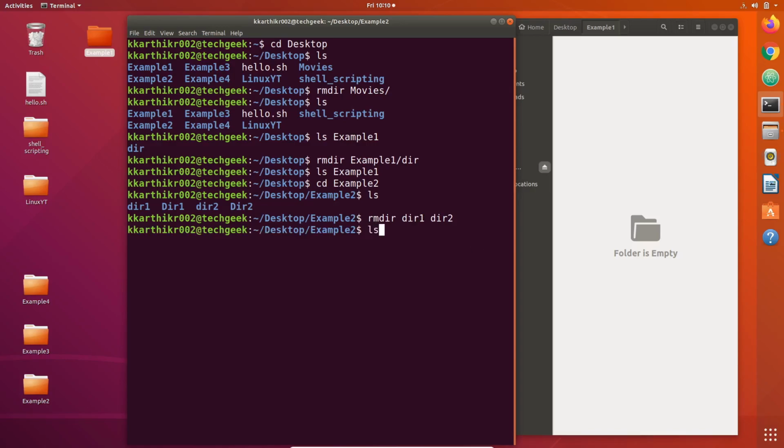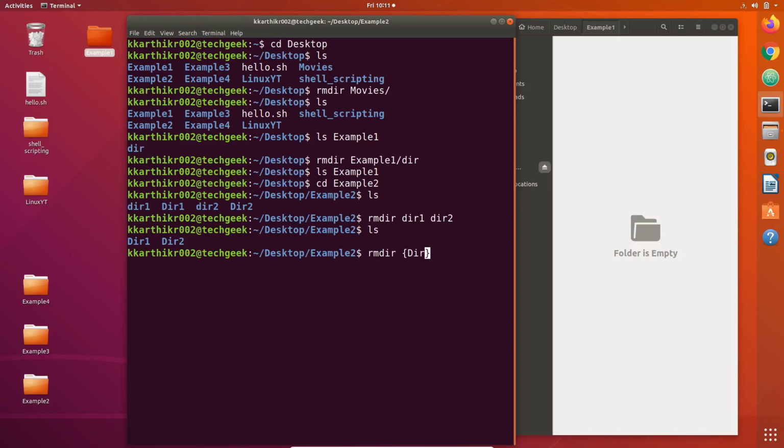Let us see the contents of example2. You can see that dir1 and dir2 are being removed. Now let us see the second way to remove multiple directories using rmdir command. Rmdir curly braces, and inside curly braces you have to give the names of the directories you want to remove.